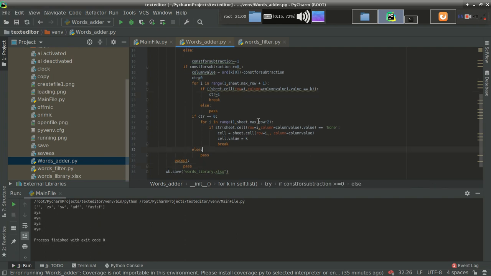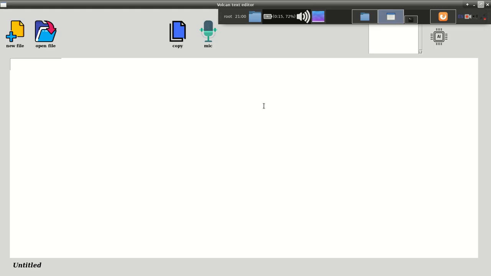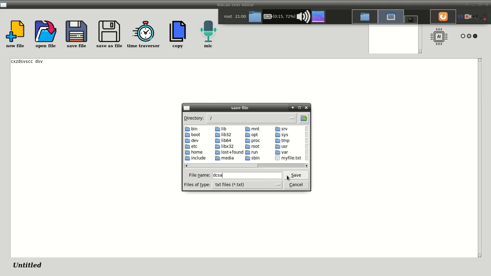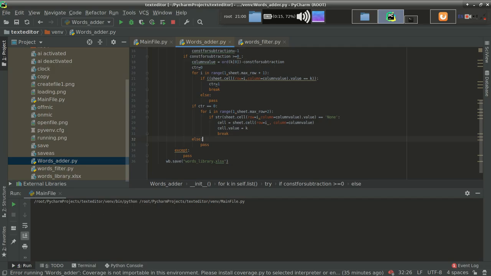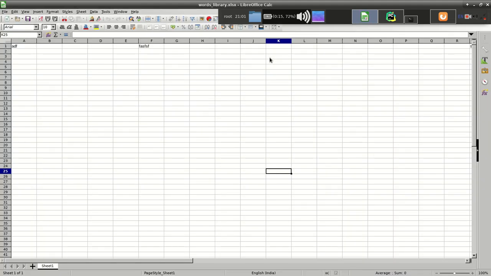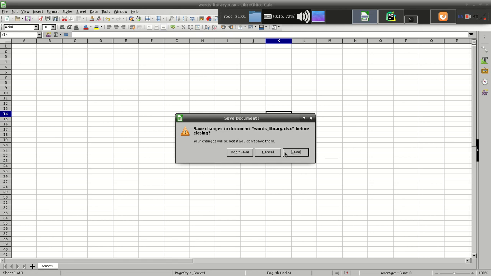Yes guys, the bug is over here. Actually, let's run again and see the output. You can see that I am typing and this is a random name I am assigning. I am getting nothing. While opening this file, the data is previously written data which I tested, because I got a bug and resolved it. So I am erasing that so that you can see that it is not adding the data. I am running again.